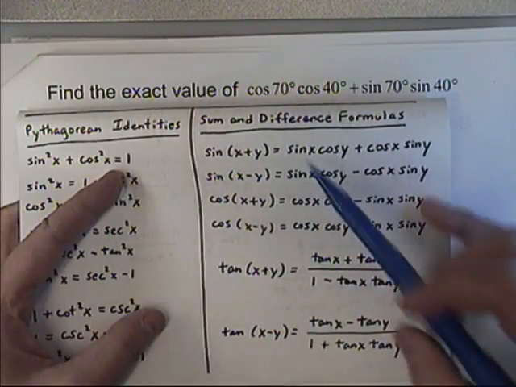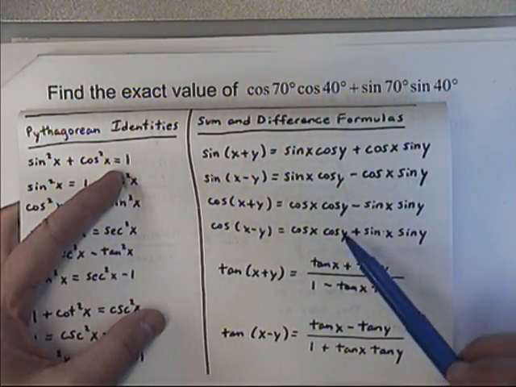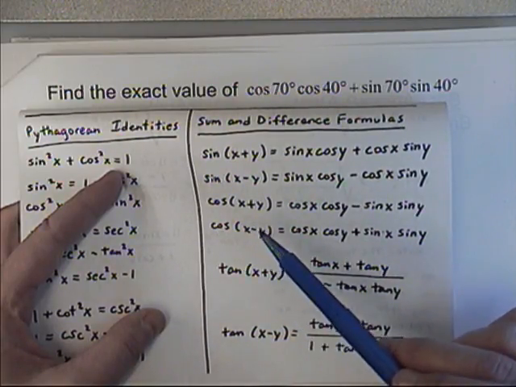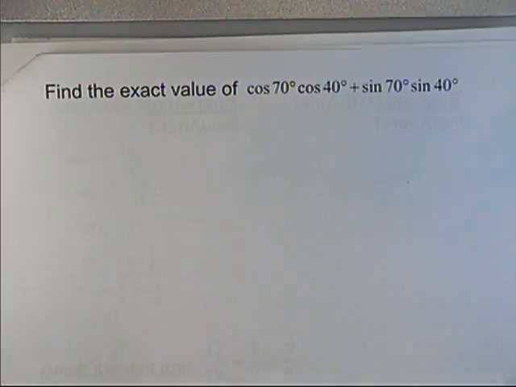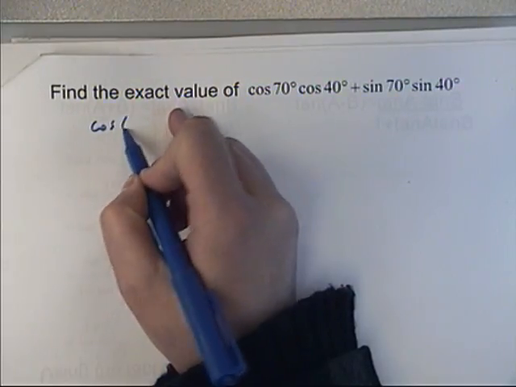So if x is 70, you can see the x's come first, and the y is 40, y's come second here in each term, then that must be the cosine of 70 minus 40. So if I write that out one more time, the formula that I identified as the one matching in structure with what I've been given,